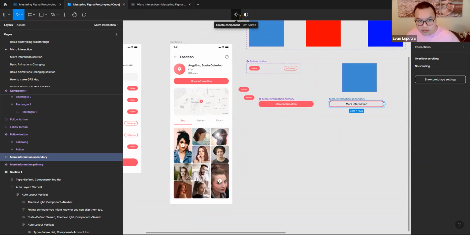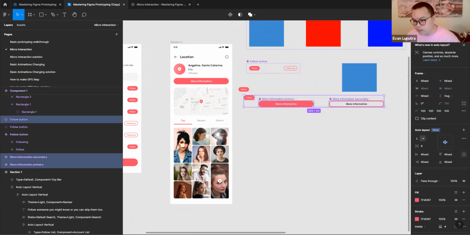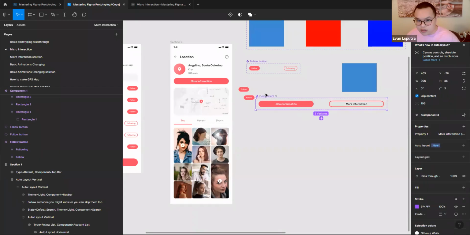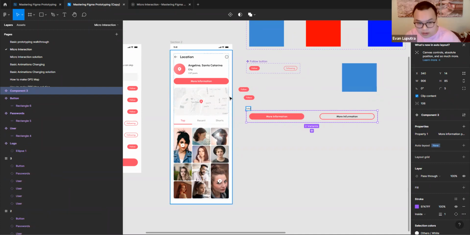And then you see this diamond, make again. That's already making a component. Don't forget to make it into design system. When you highlight everything here, you will have the option to make this one a variant. Same thing as before. Rename this to maybe more information